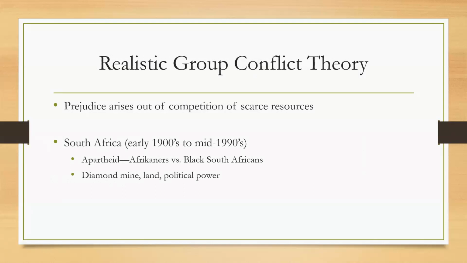So in South Africa, from the late 1800s or early 1900s to about the mid 90s, there was separation between two groups, the Afrikaners, which were actually the British, the country that infiltrated South Africa, and the Black South Africans. There were diamond mines, and there was land and political power that was won by the Afrikaners. And over time, because of the resources that were there, like the diamond mines and other precious resources, the Afrikaners overtook, and there was a battle between the two,